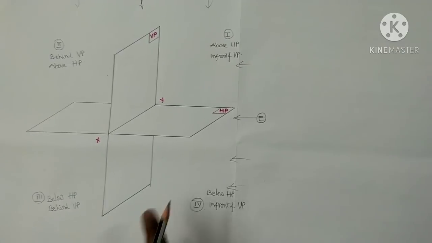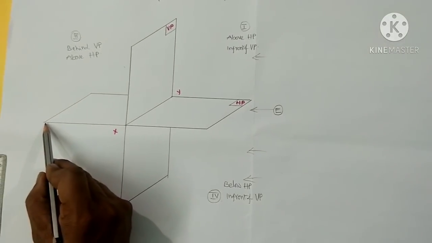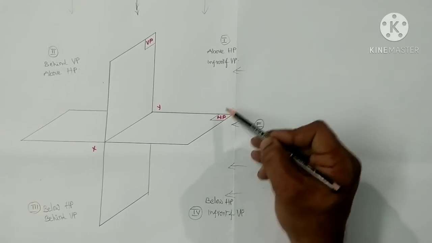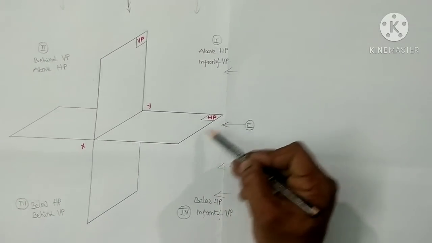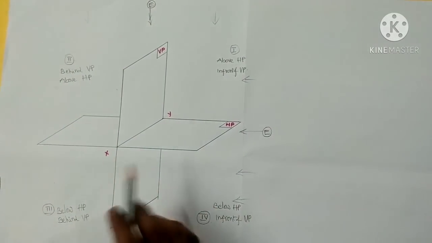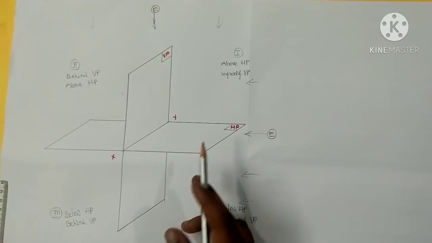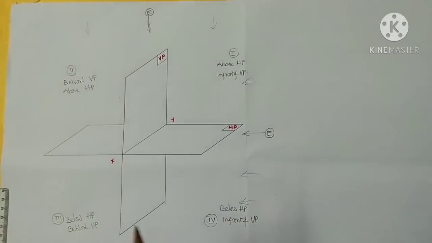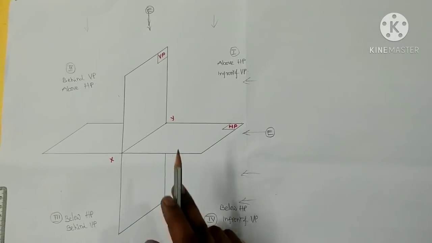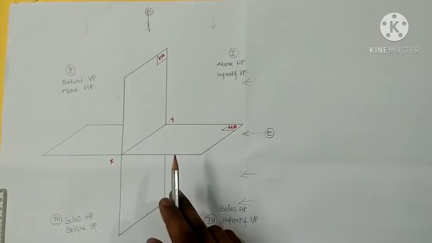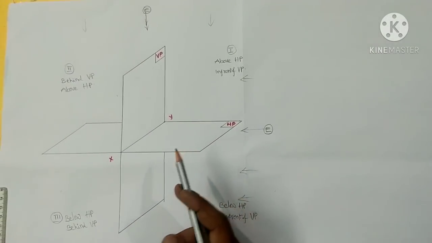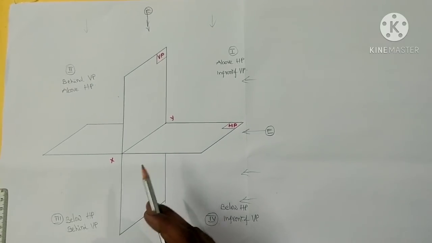Why should we say solid geometry? Because here this line is representing length, similarly this is representing breadth, and this line is representing height. So we have LBH: length, breadth, height. That is why this is looking like a solid geometry, but our drawing sheet is a plane geometry, that means a two-dimensional surface. So we should convert this 3D geometry into plane geometry for the purpose of constructing the projections.